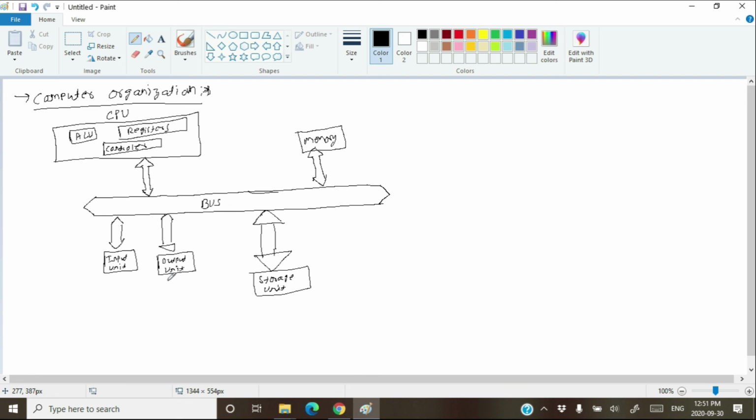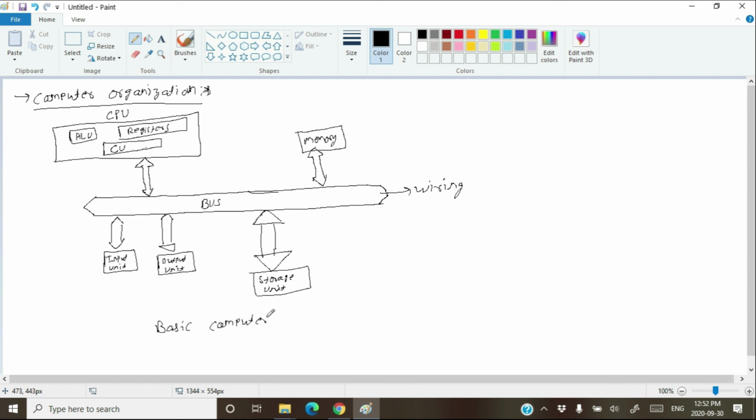So arithmetic logic unit, or you can don't say controller, I don't know why they have written it controller. Say it control unit, CU. So this is the ALU. Don't confuse. This is the registers and this is the CU. All are the components of the CPU. CPU itself is connected to the system bus. Memory is connected to the system bus. That means all the components we just studied are all connected to the bus. And bus is nothing but a wiring. So this is called basic computer organization.